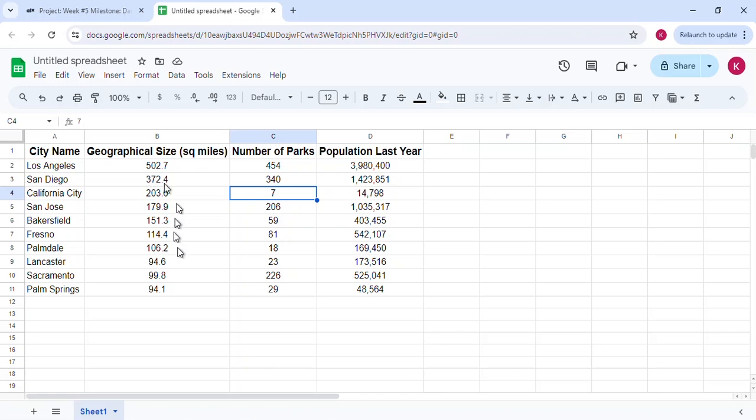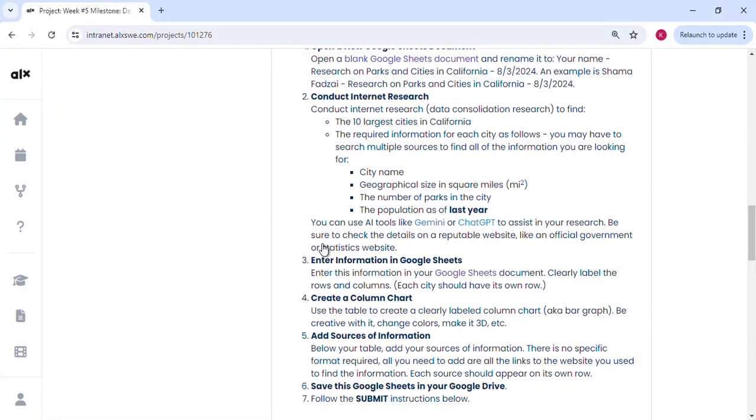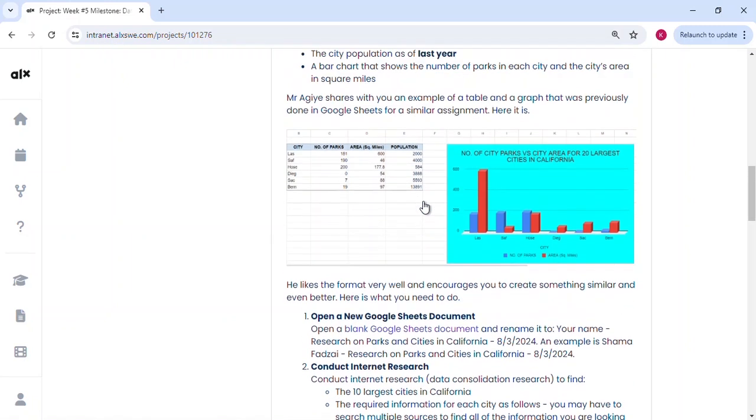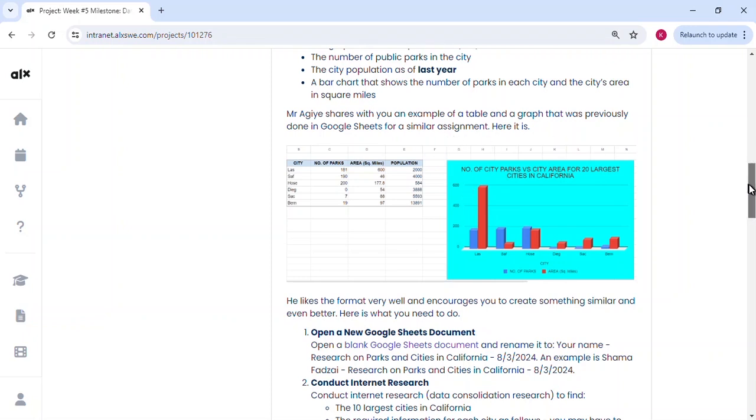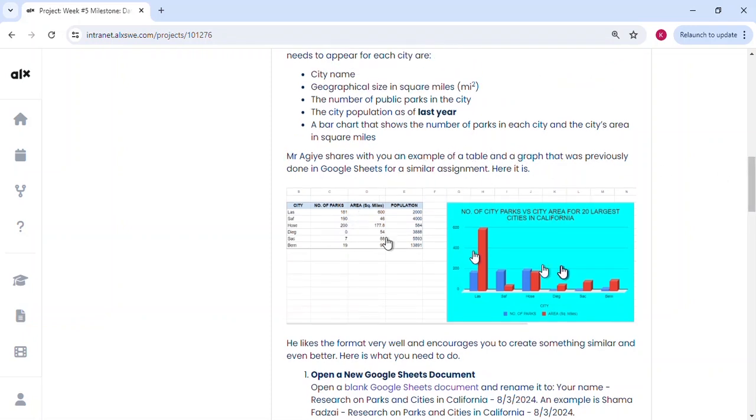Okay, so how do you make a bar chart? Now, first of all, somewhere there, you were told the data points to make your bar chart from. So let's look at that again. Let me see. It says, use the table to create a clearly labeled column chart, aka be creative. Okay, they didn't quite point out those things. But if we go to the sample that they presented on the same page, you're going to see that their